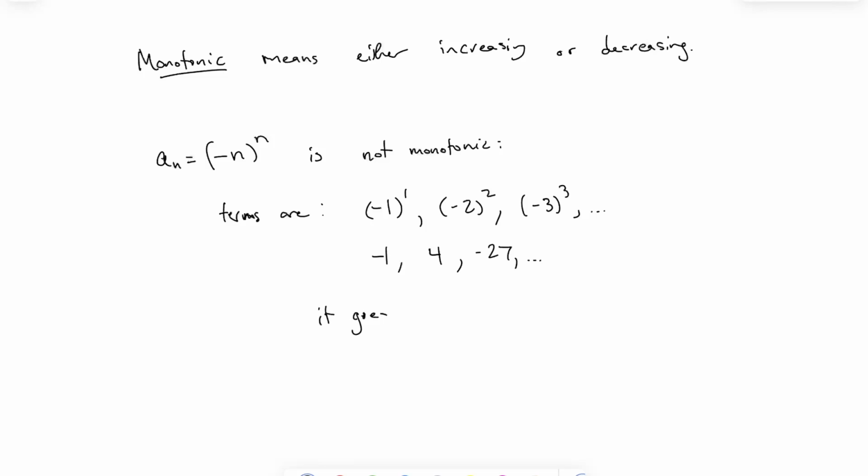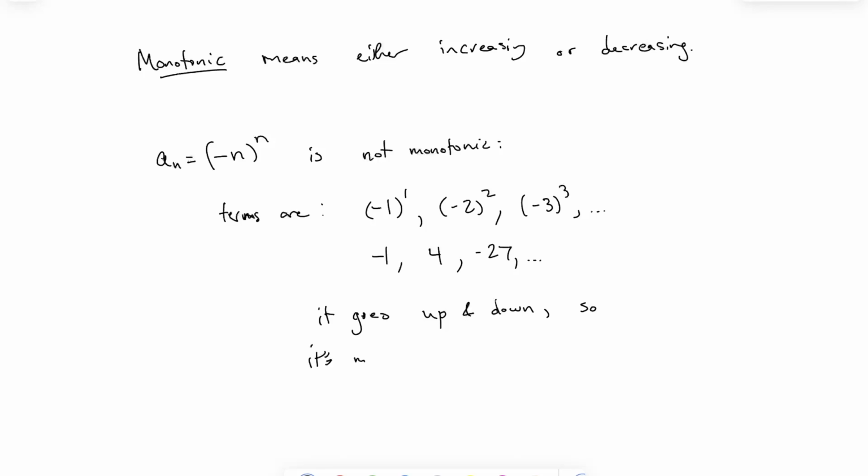It goes up and down. The second one is bigger than the first one, but the next one is lesser than the second one. So in this step, it increased. In this step, it decreased. That means that this sequence does not always increase, and it also does not always decrease. So it goes up and down,